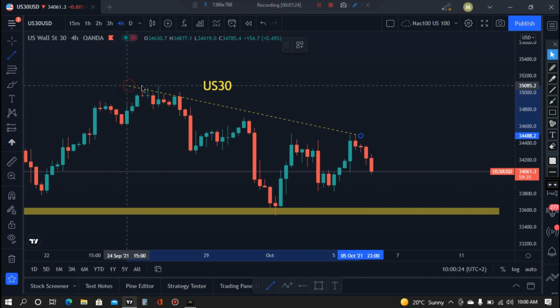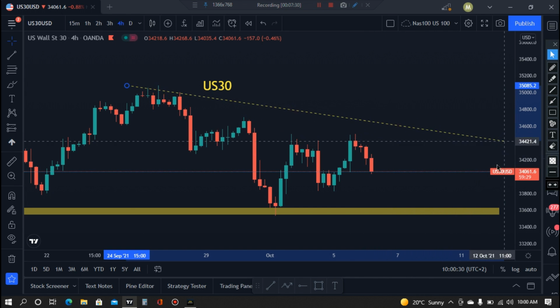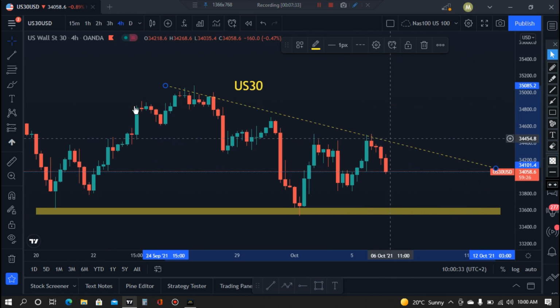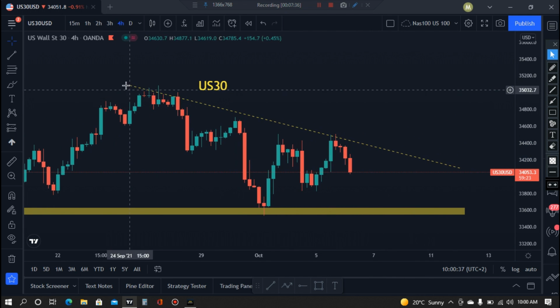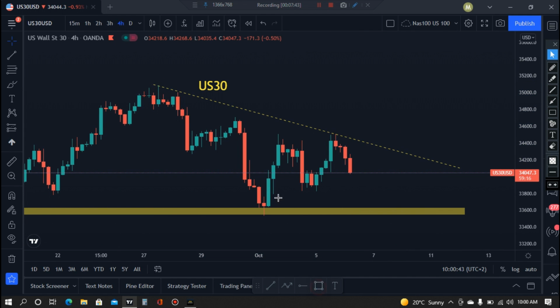I don't know, guys, if this will make sense, or maybe I'll be forcing the market. But what I see is something like this. I think that can also make sense because we have thousands of candlesticks here. Another thing I can say is we have an area here. We have this zone where maybe we can say it's just a resistance, not a diagonal resistance, where you can see the market respected this area. Even here the market respected that. Now we see the market going lower. If the market keeps going lower, we might expect it to reach this support area